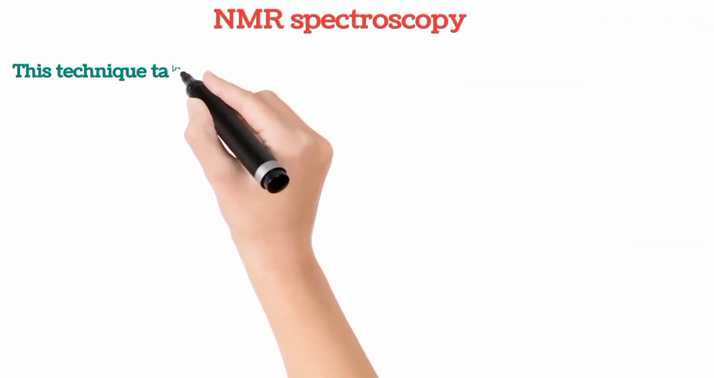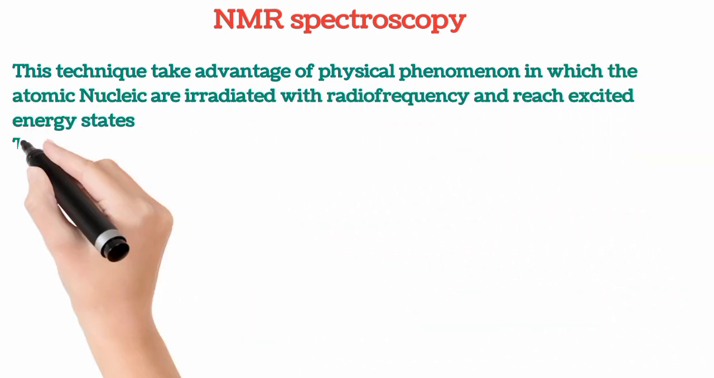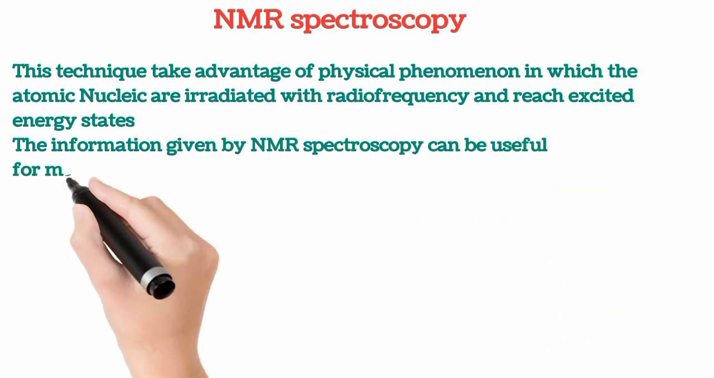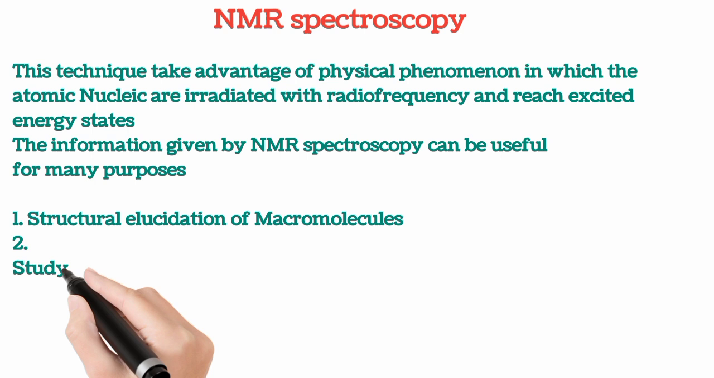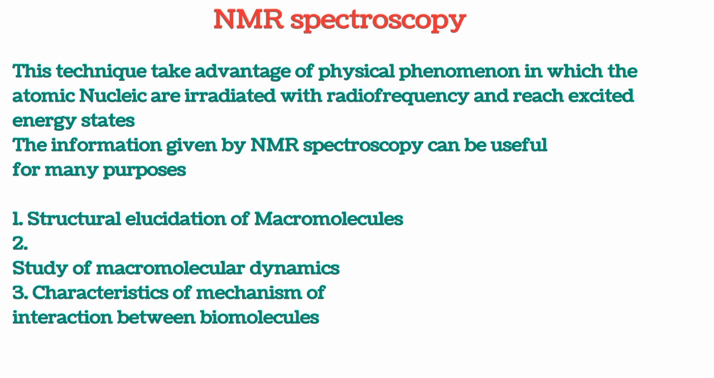NMR spectroscopy is also a technique that takes advantage of a physical phenomenon in which atomic nuclei are irradiated with radio frequency and reach excited energy states. These techniques provide information like structural elucidation of macromolecules, study of macromolecular dynamics, and characterization of mechanisms of interaction between biomolecules. So NMR spectroscopy can be used to elucidate the structure of biomolecules or macromolecules like proteins and nucleic acids, and also provide information on the dynamics of the molecule as well as the mechanisms of the interaction between biomolecules, like for example